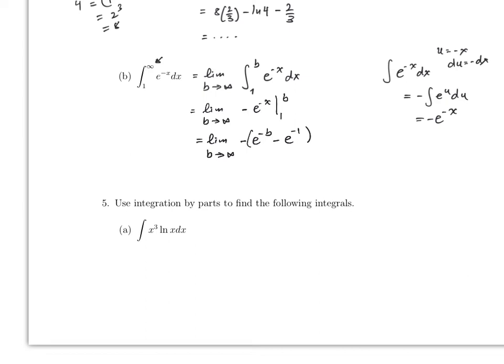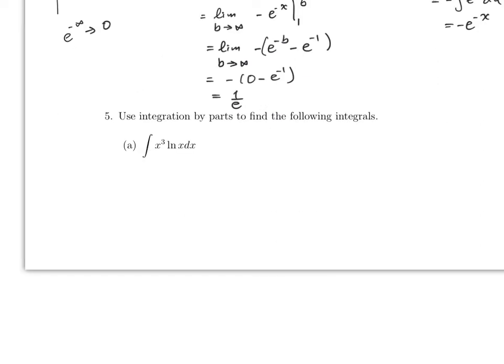And we talked about this before. Remember that writing this limit is technically wrong, but you essentially just plug in the infinity in here. So you plug in infinity. Remember we talked about this, e to the minus infinity approaches 0. You can see that from the graph. This is the graph, it goes to 0. So this will be 0 minus e to the minus 1. So this is just equal to 1 over e.